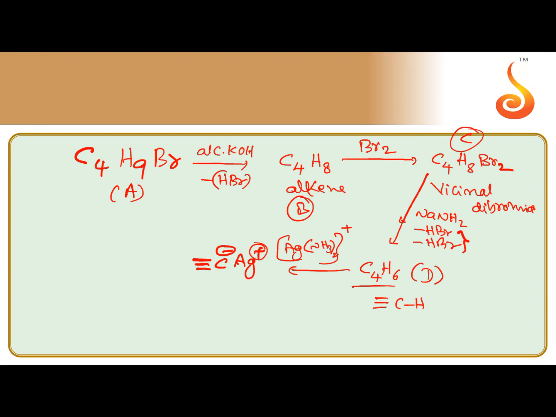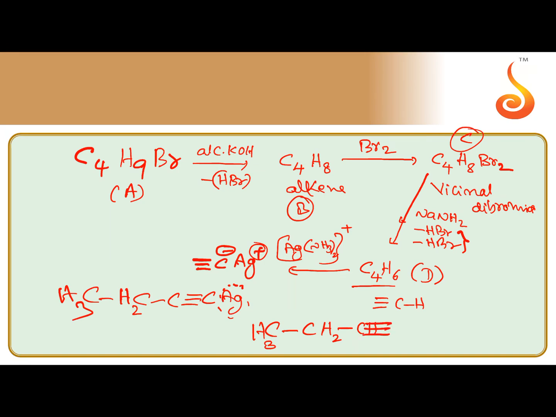So the remaining carbons we can guess, as this is C, Ag, the remaining carbons CH2, CH3. That's why you remove Ag and put hydrogen, we can get the D, CH3, CH2, C triple bond CH. So D is nothing but